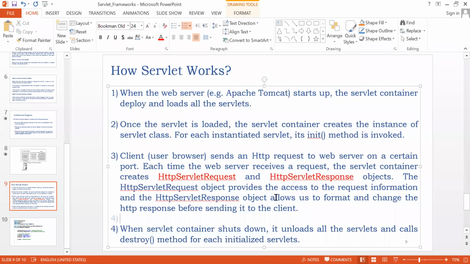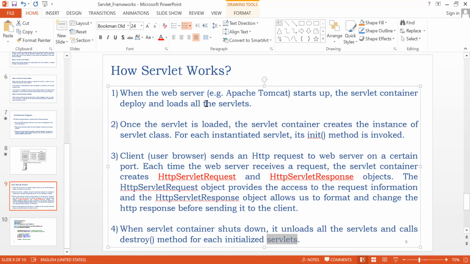Request is used for holding the request data. Response is to send the response related data. That's it. And then the servlet container shuts down. It unloads all the servlets and calls the destroy method of each initialized servlet.